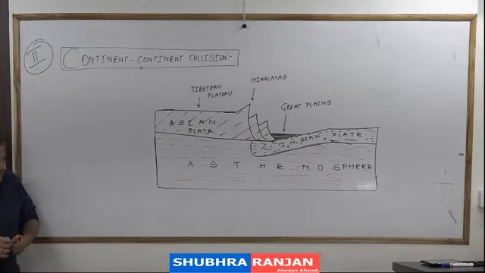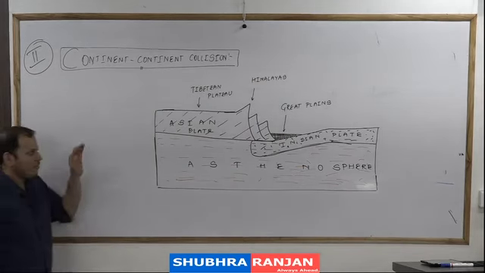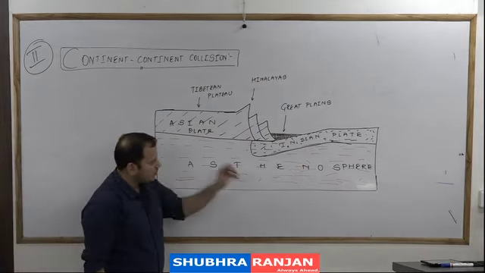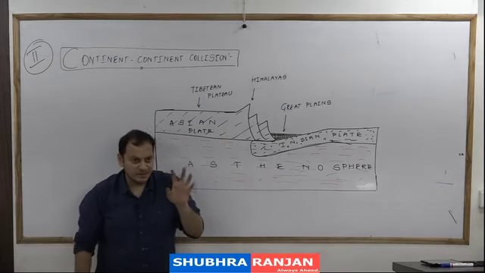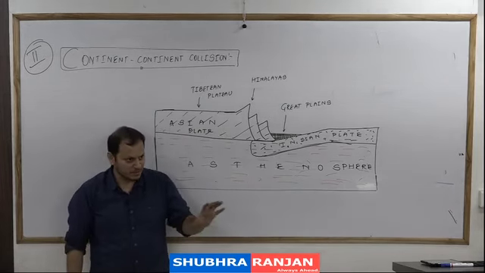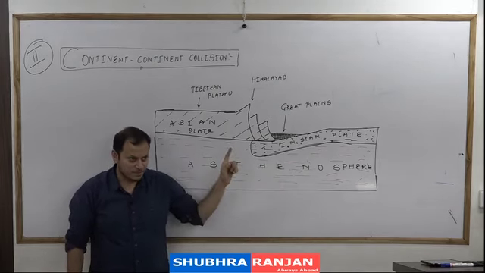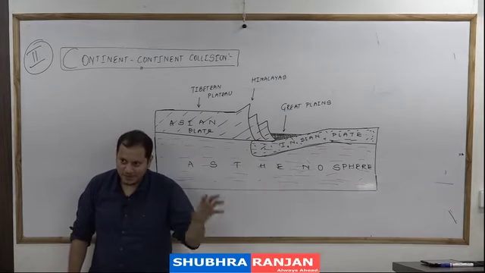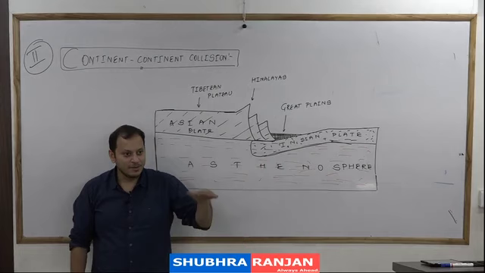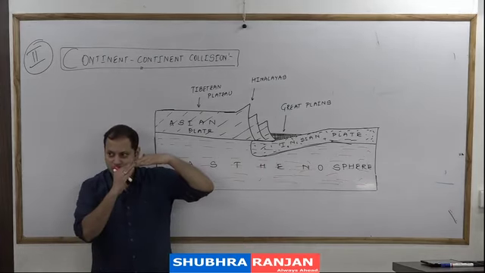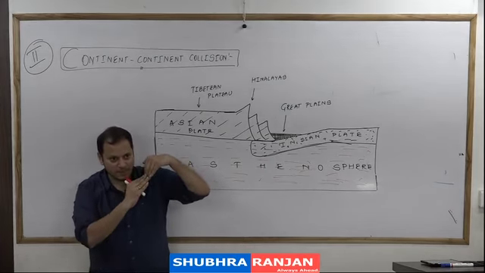And why I said the way I am drawing, because you can see how we have drawn. We have drawn the southern side of the Himalayas being steeper. Southern side matlab jis side mein India hai. Northern side is not steep. This is an evidence कि Indian plate is pushing the Eurasian plate, because जिस side से push हो रहा है वो side ज़्यादा steep है.